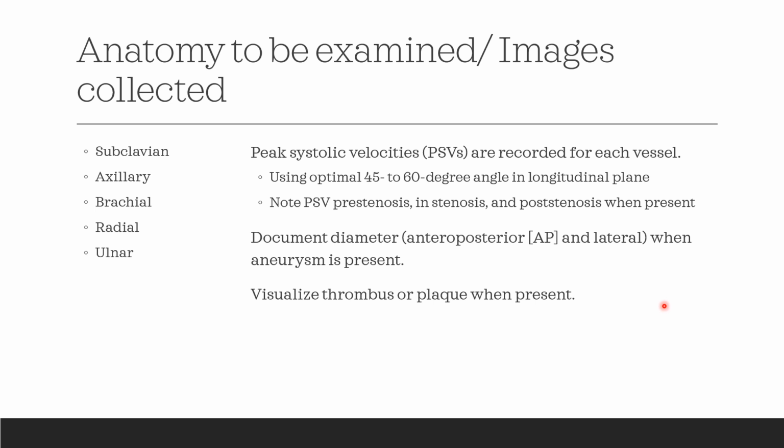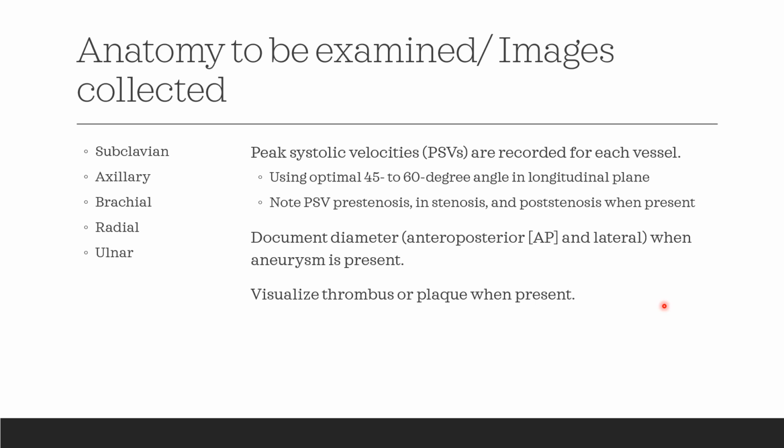Okay, so the anatomy that needs to be examined and the images that need to be collected in this upper extremity arterial study. You want to make sure that you are evaluating the subclavian artery, the axillary artery, the brachial artery, radial artery, and ulnar artery. As you work through and you assess these arteries, you're going to practice that typical standard protocol. You're going to be evaluating the artery in transverse, B mode, long, B mode, long